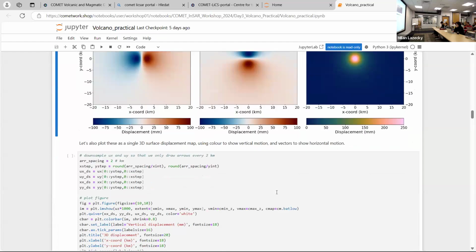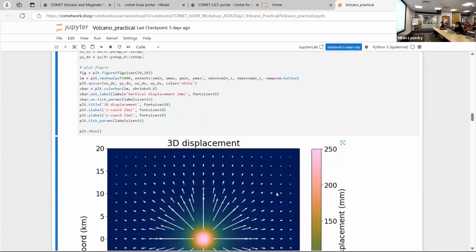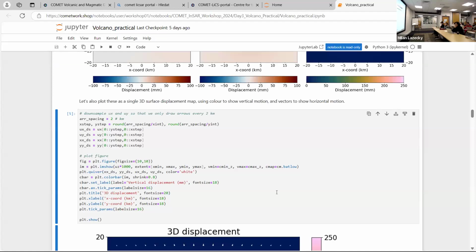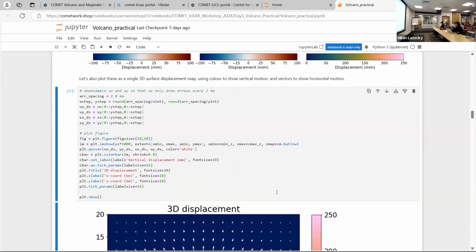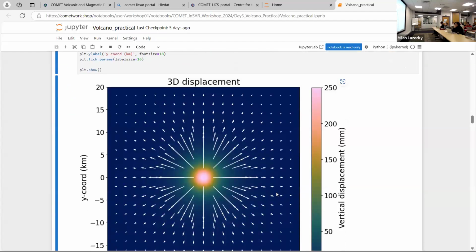As I think it's written earlier up, in this code you can have a look at the different parameters, and you can change some of them if you want, just to see what kind of effect it has. There's the grid spacing, if you really want to change that, but there's also the volume change and the size of the source. That actually has quite a big effect, unsurprisingly.